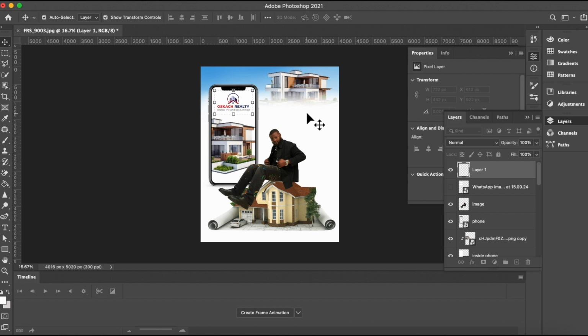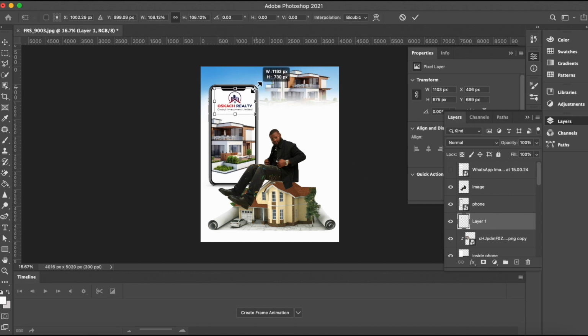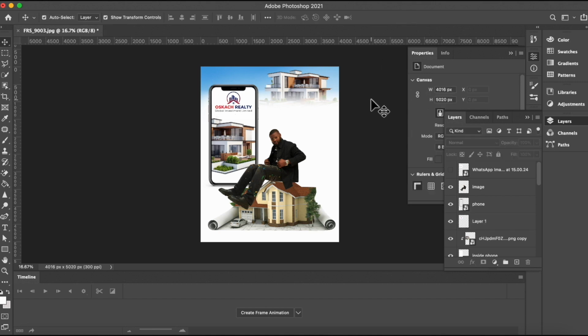So I'll click the move tool. Then I will drag it to be under the phone, so it will be on top of. You can see I've dragged the layer on top of the phone and dragged it a little bit. So right now it looks real, like inside the phone. Like it? So I'll click okay, good to go. And then next,